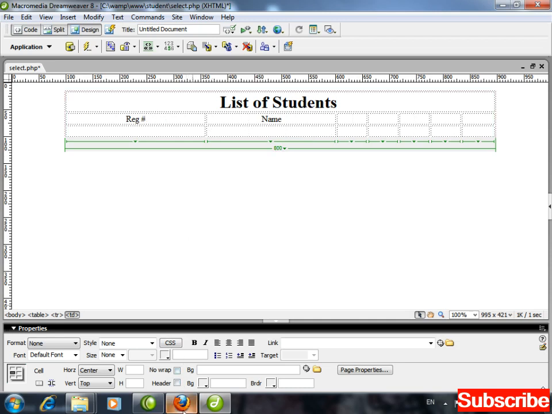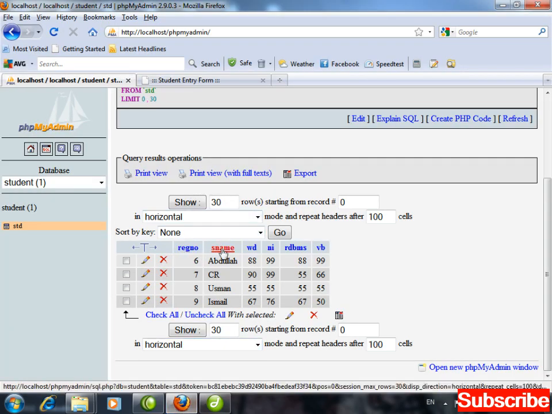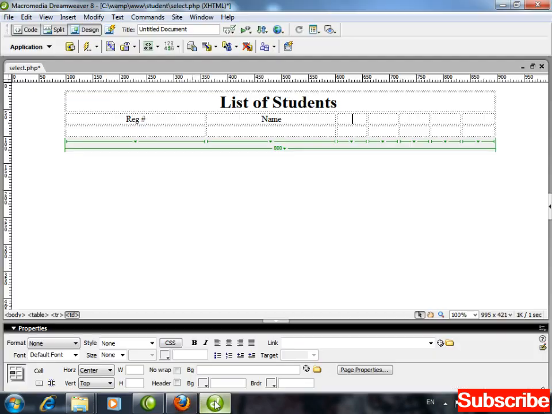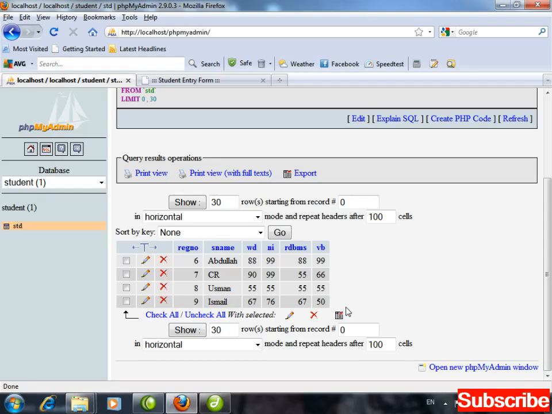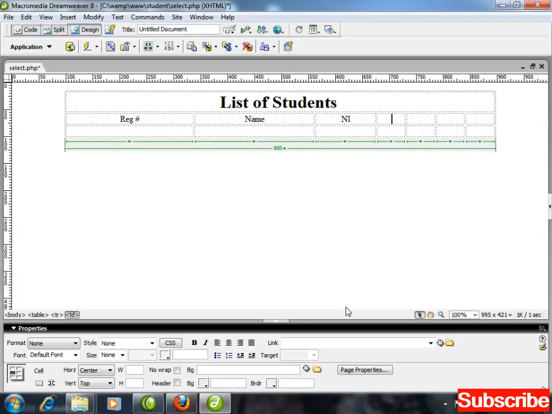Next one, web designing, network infra, Visual Basic, and the last one you are having RDBMS. Now the last column, this is for obtain marks. Okay.